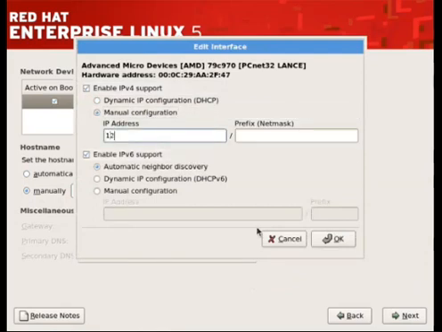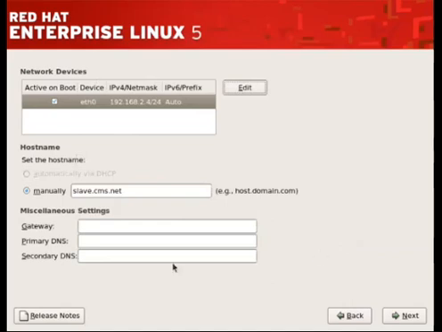So we will put the IP address here, then the subnet mask, and say OK. Then put the gateway and DNS, and say next.